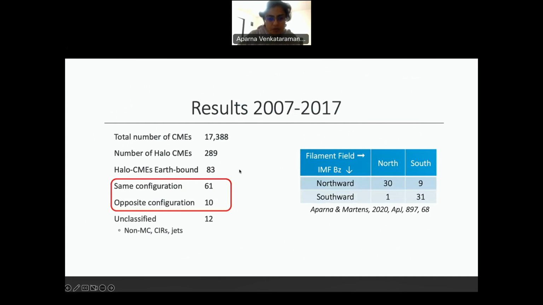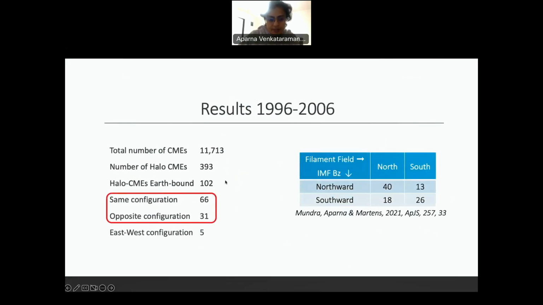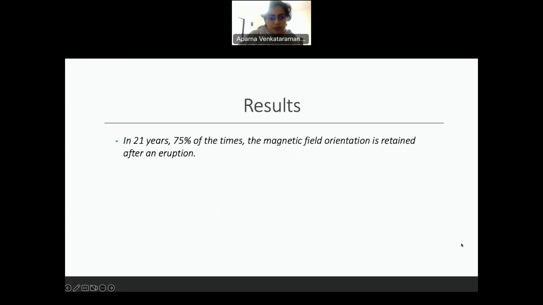Out of the 83 filament ICME pairs, about 61 of them showed the same configuration between the BZ of the filaments on the sun and ICME BZ. And in the 1996 to 2006 study, there were about 66 out of 102 filaments. That was about 65%. So overall, from 21 years of filament ICME pairs, we get about 75% match rate between